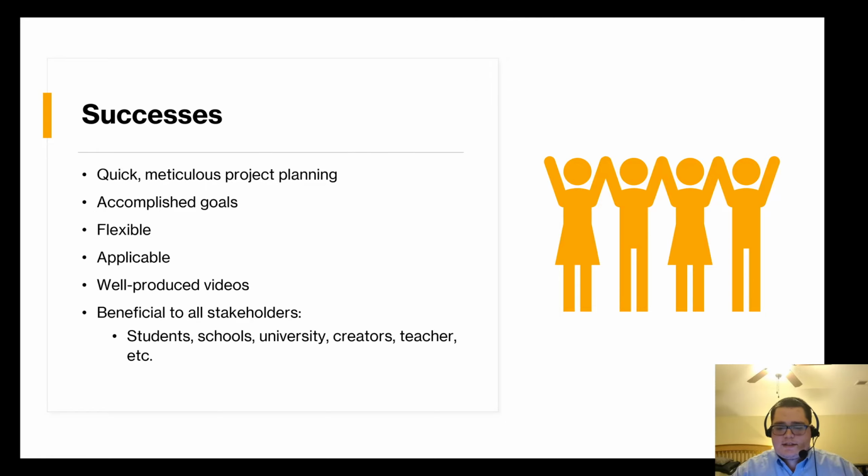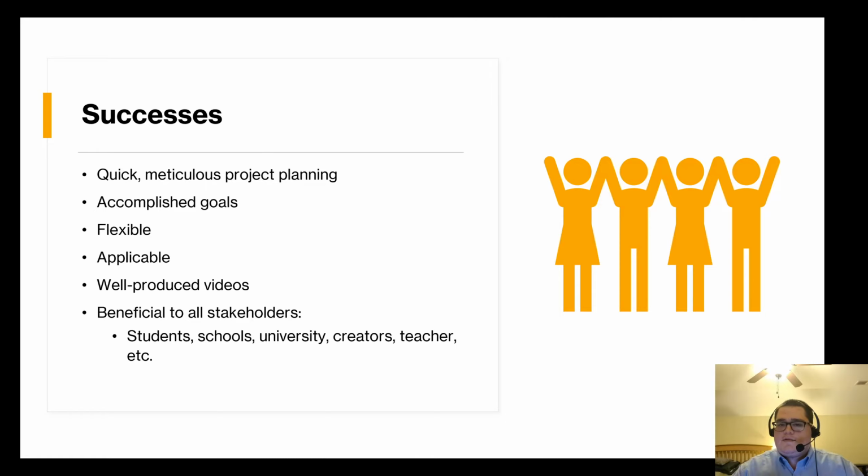And that actually goes into the last point. It's beneficial to all stakeholders. Everybody involved in this project will benefit, even the creators, who benefited from learning lessons along the way, learning how to prioritize and project manage, that kind of thing, to the students who will get education and spark interest, to the schools who now have a baseline and some lessons to build off of, to the university who